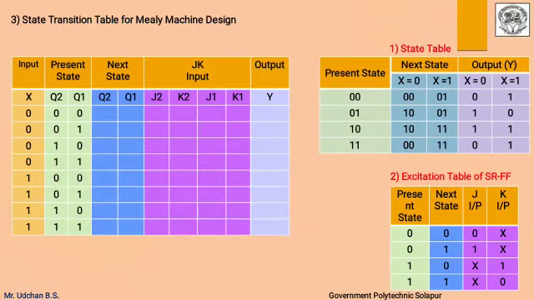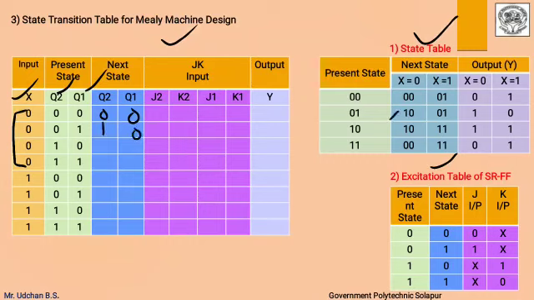Now we have to form the state transition table from the state table and excitation table. Again there are 3 input values x, q2, q1. X is input, q2 and q1 are the present states. These are 3 variables, therefore possible combinations are 8. Now I will enter the values of next state for when x is 0. For this time the value of x is 0. Present state is 00, 01, 10, 11. So I will write directly the next state values when x is 0 as 00, 10,